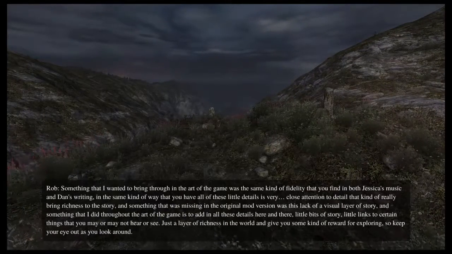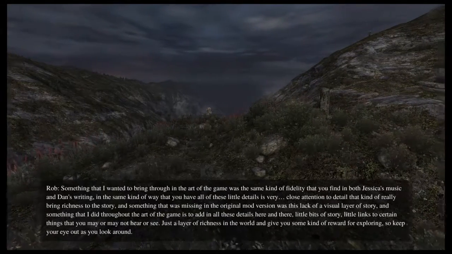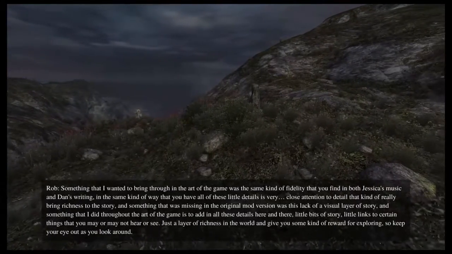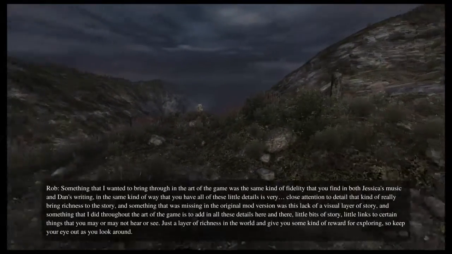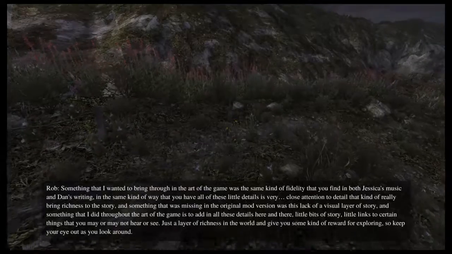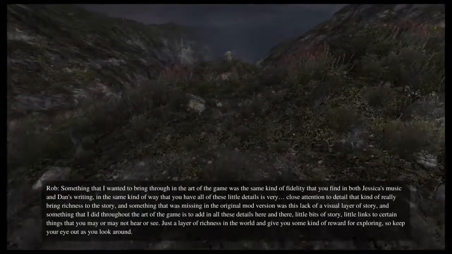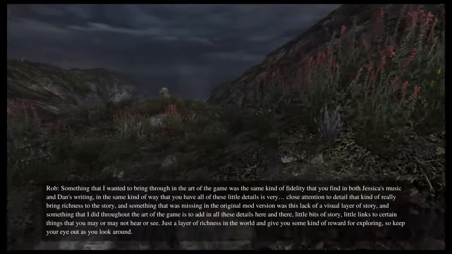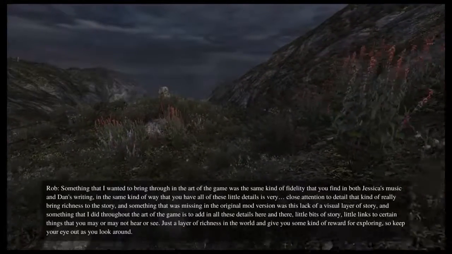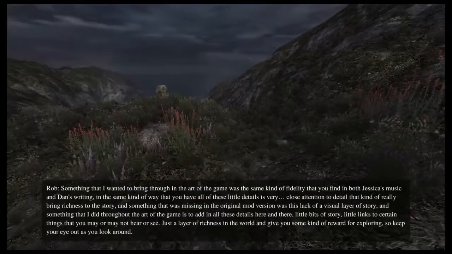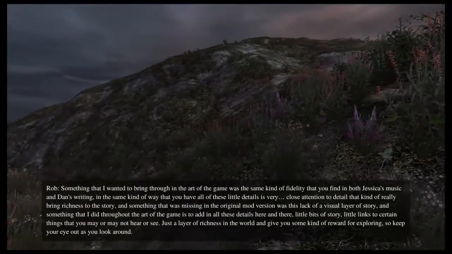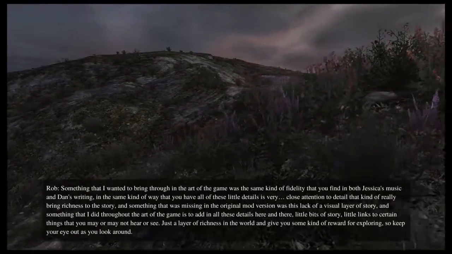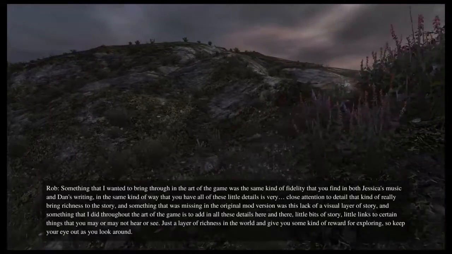Something that I wanted to bring through in the art of the game was the same kind of fidelity that you find in both Jessica's music and Dan's writing, with all of these little details, these very close attentions to detail that really bring richness to the story. Something that was missing in the original mod version was a visual layer of story.